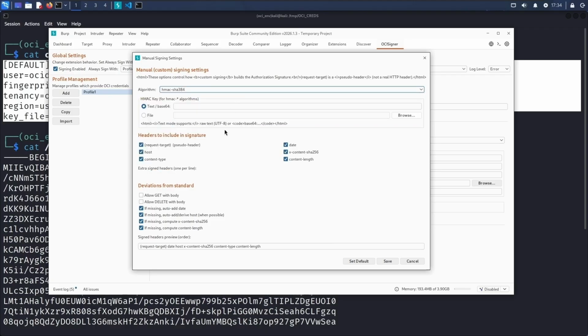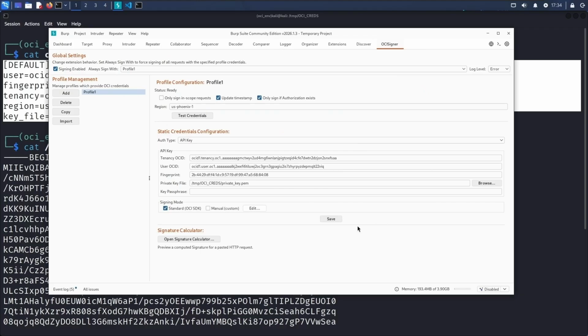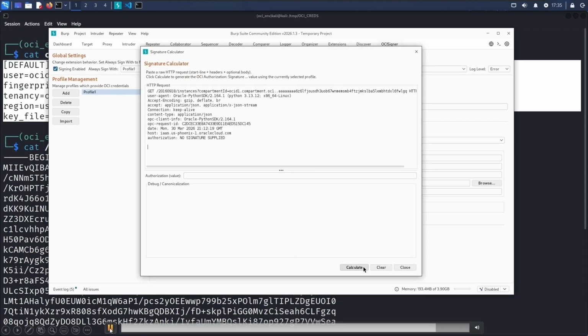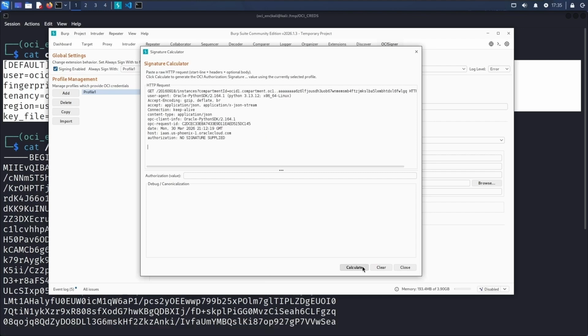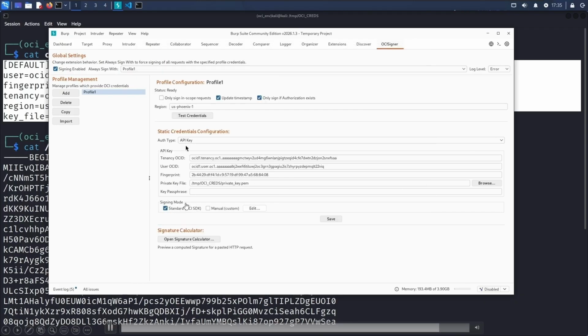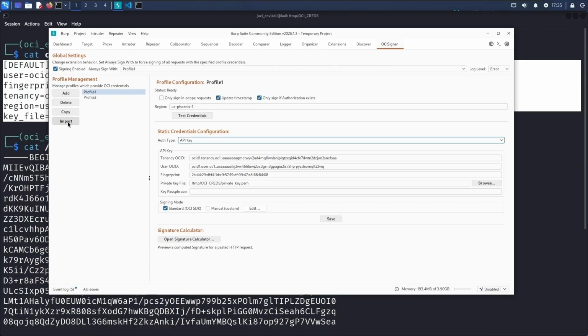You can do HMAC if you want, right? And I didn't really test these super thoroughly because again, there's not really a big use case for these, but those are supported. Other big thing I have is signature calculators. If you want to calculate the signature before you send the HTTP request, or you don't actually want to send the HTTP request, you can copy paste your HTTP request in here, hit calculate, and it will give you the signature back. If you read through the debug, it'll explain this is how I calculated the signature, to help you walk through it.